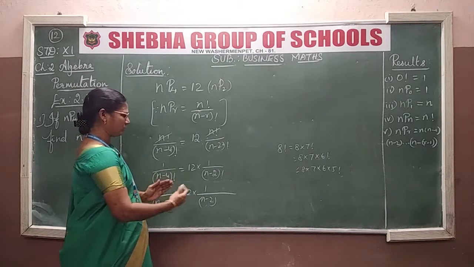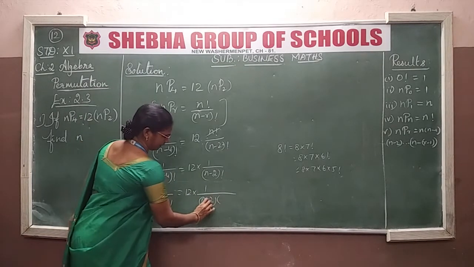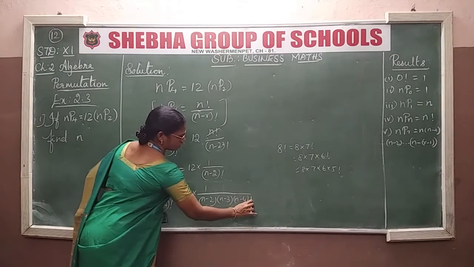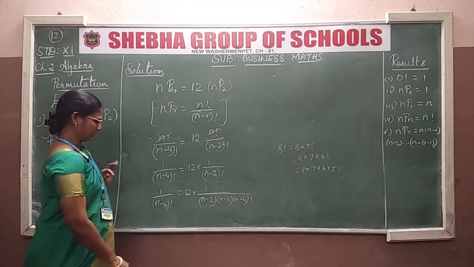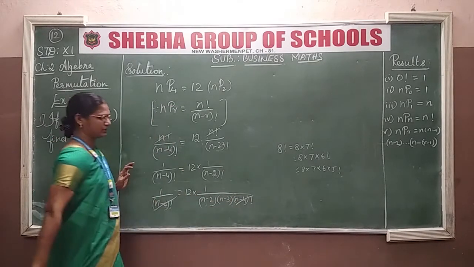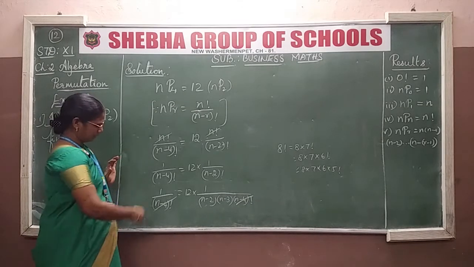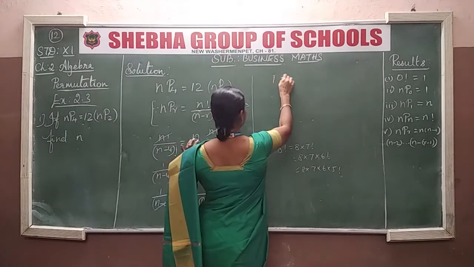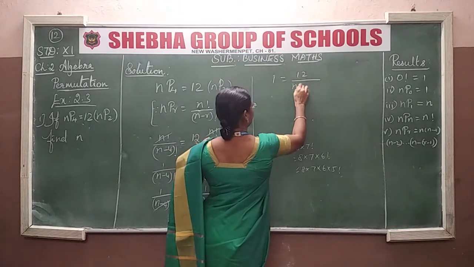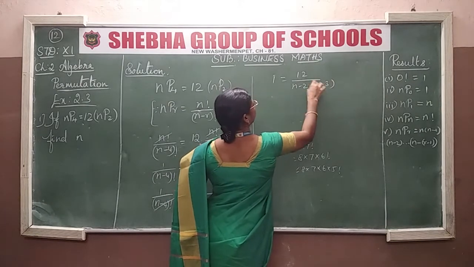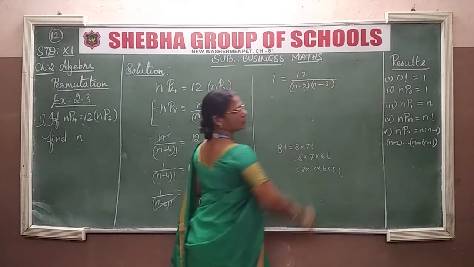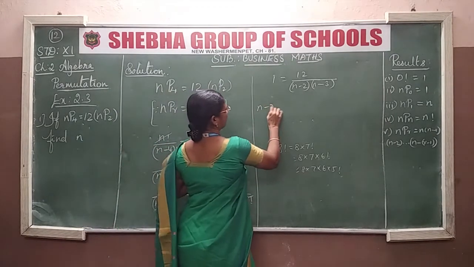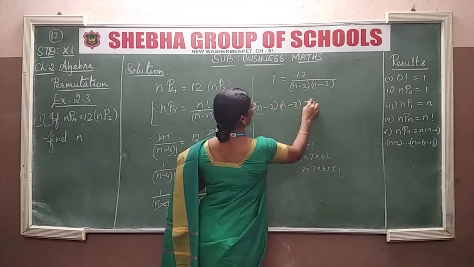We keep subtracting one by one until we reach n minus 4: n minus 2, n minus 3, n minus 4. We want n minus 4, so stop up to this and put the factorial. Now cancelling these two, n minus 4 factorial and n minus 4 factorial, we get on the left hand side 1 is equal to 12 divided by n minus 2 into n minus 3. Okay, now cross multiplying on both sides we get n minus 2 into n minus 3 is equal to 12.